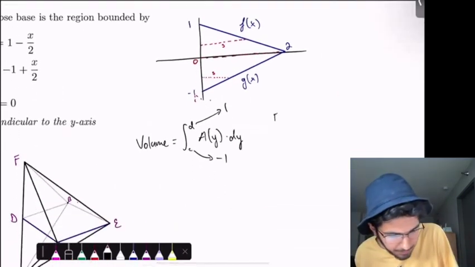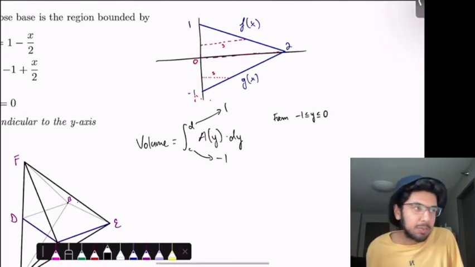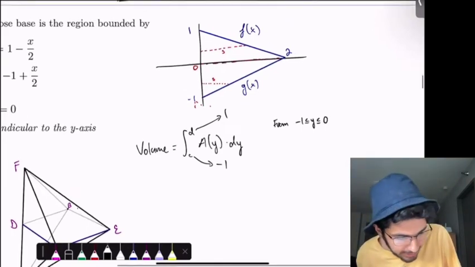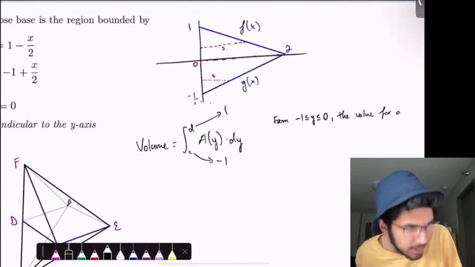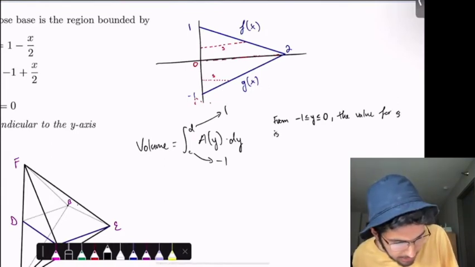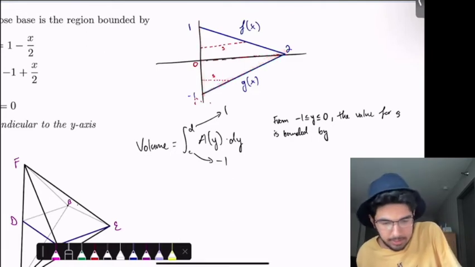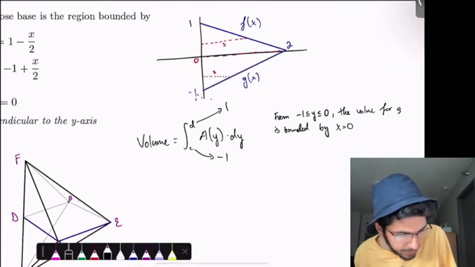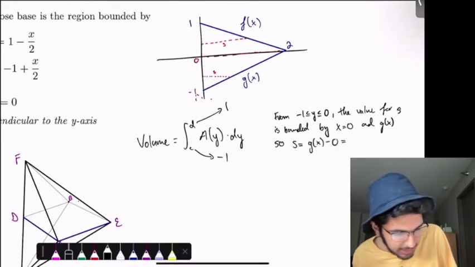So let's write out what I'm saying. From -1, when y is in between -1 and 0, the value for s is going to be bounded by these two lines here, this one and g of x, by x equals 0 and g of x. So s is going to be equal to g of x minus 0, which in this case is -1 plus